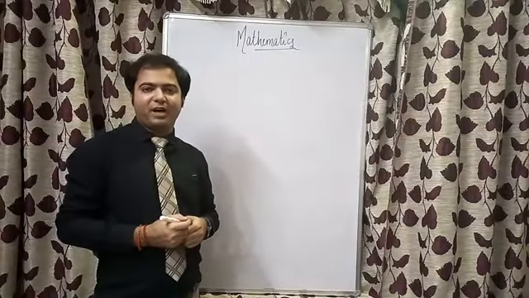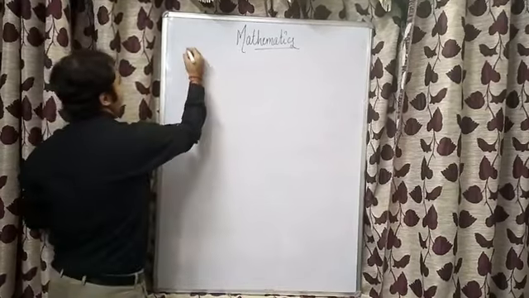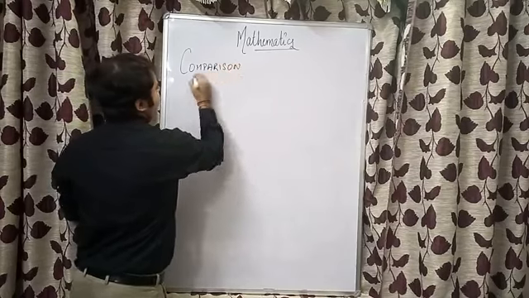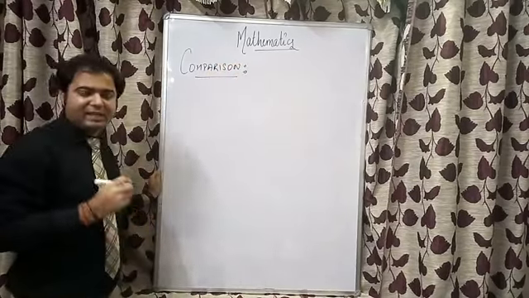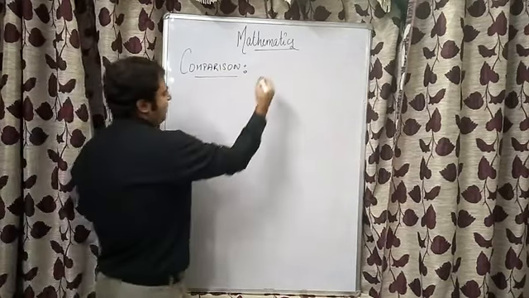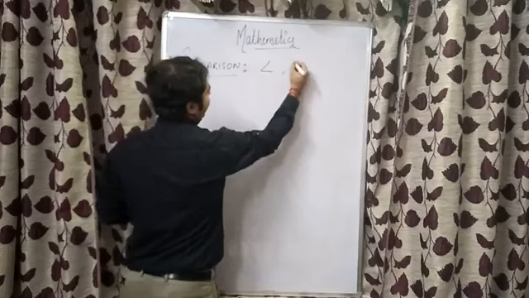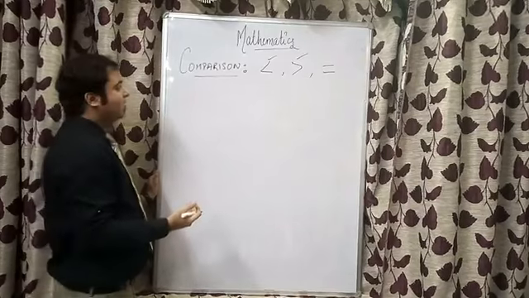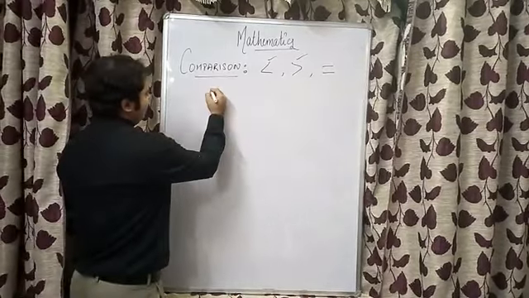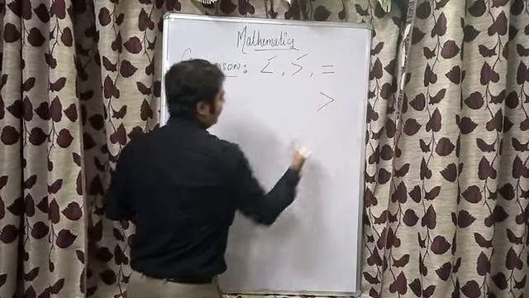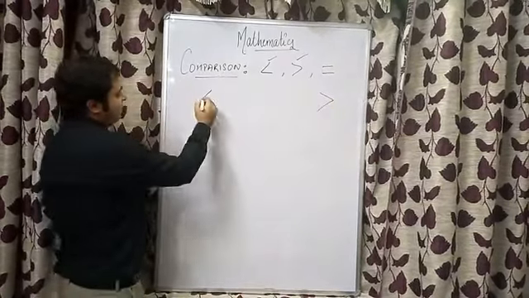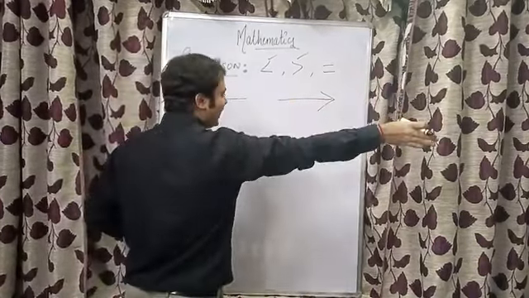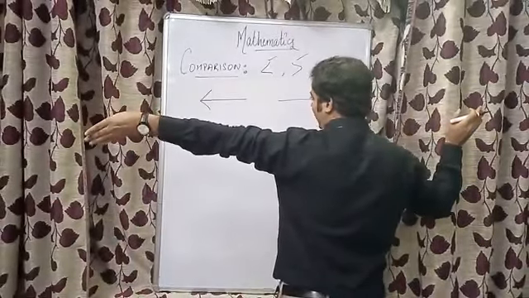The next topic that we'll be covering is comparison. In comparison, we have three cases: less than, greater than, and equal to. But most of the time, children get confused with these two signs, that which sign is what? So let me tell you one thing. You can recall their values by this example. Suppose if you put arrows in these, you can see one arrow is pointing towards the right side and the other arrow is pointing towards my left side, right?